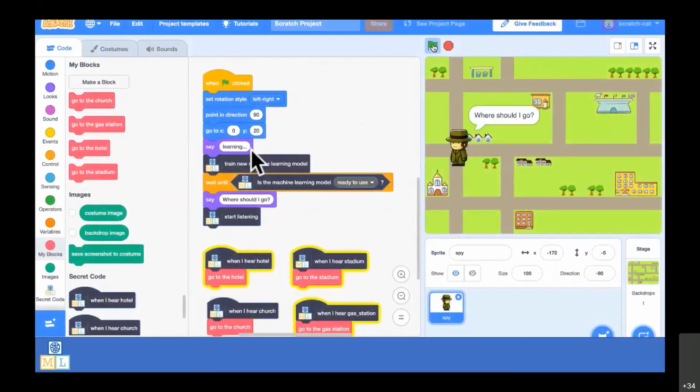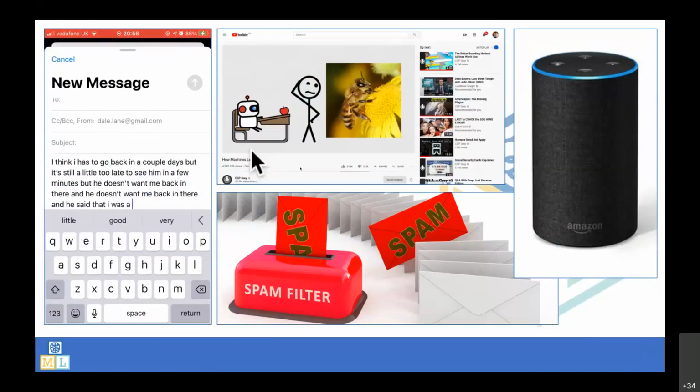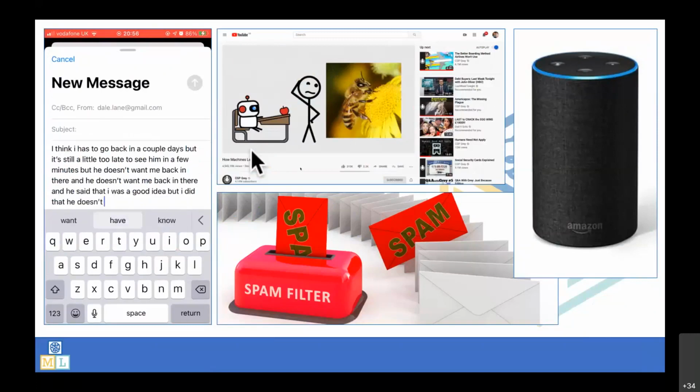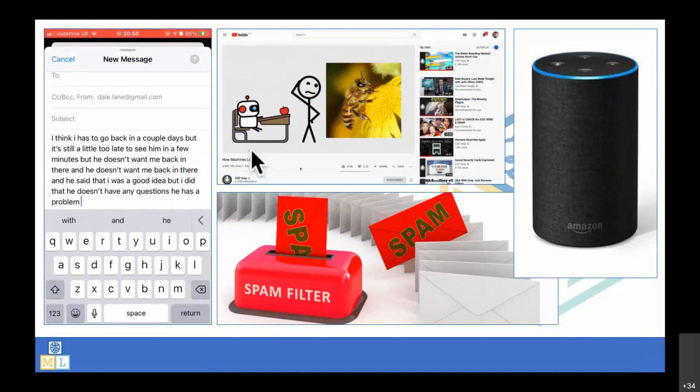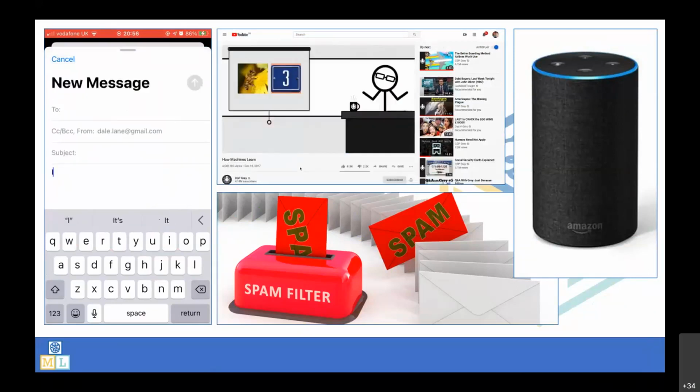So those are enough. I started by saying that there's this misconception in the general public that AI is sci-fi, AI is future, AI is robots. What I've tried to show you in the last hour or so is actually machine learning has been here for decades and is ubiquitous, and we all use these systems every day. Whether it's your phone keyboard that you've trained with the examples of everything you've typed in the past, that is using that to predict what you might want to type next, or YouTube that is using everything you've watched and thumbs up and liked in the past to recognize what you might want to watch next, or Amazon, like the